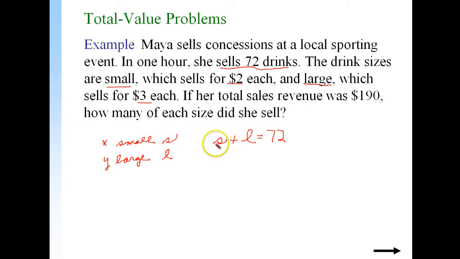Okay, now how much does the small drink cost? Well, $2 times the small drinks plus $3 for the large drinks will bring in now how much money? $190. And there are your two equations. So again, what method might you use? Well, remember, we could use,